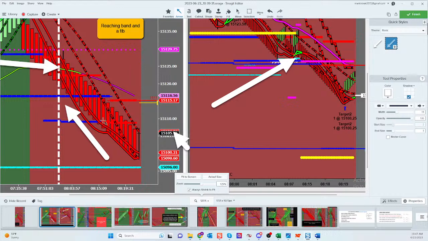Guys, this fib is a great target. And if you get out right here with two divergences at a fib, that's an awesome exit. But Jose says, I'm on simulator. I'm going to see if I can really trust that large chart. And he did. You could. You certainly could.